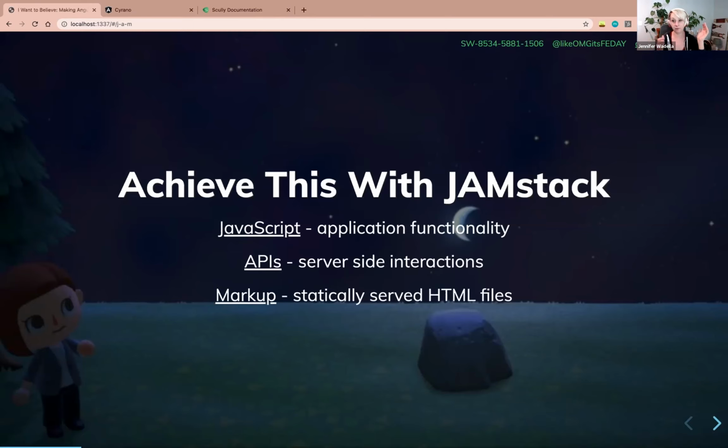So we're not moving away from building single page applications, but we are re-looking at how we serve them and how we get them to our users. By taking the Jamstack approach, we start to pre-render all of our pages in just markup. So a user can immediately see content without having to wait for the actual JavaScript of our application to load. That's the idea behind Jamstack: figuring out a better way to serve our content to provide better performance and a better user experience.